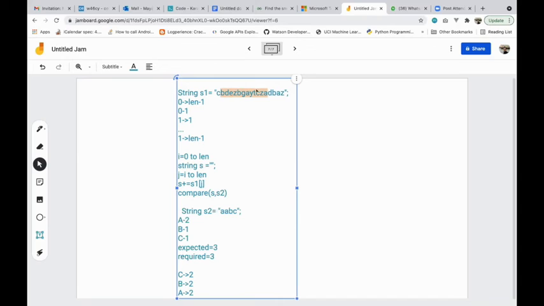So there are 2 B's in my window, but I need only 1. So I can decrement by 1 more. Now D is not required, because these are just garbage characters which are not in string 2. Till this time I had not found those characters, and now I found B, but B count is 1, which is the expected count. So I cannot decrement from here.